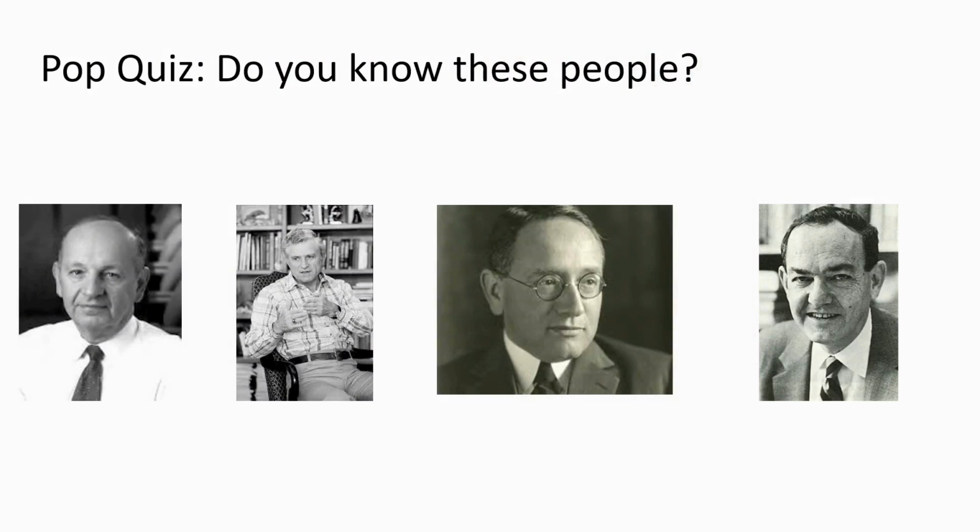One of them is a famous Hungarian graph theorist, mathematician. One of them is the only person, as far as I know, to have won both a Turing Award and a Nobel Prize in economics. One of them was a DARPA program manager, and one of the people here is a very famous computer architect from the early eras of supercomputing. If you've ever taken a computer systems class or an architecture class or a parallel computing class, you've probably heard of a law named after this person.